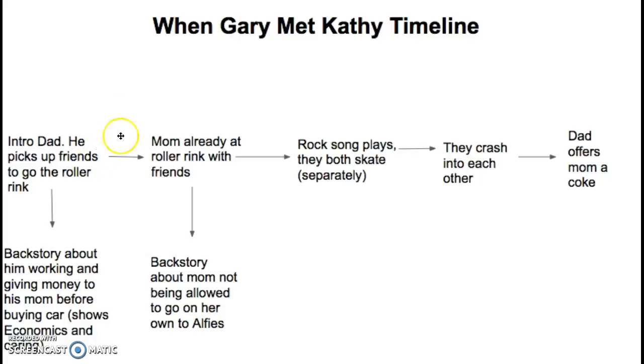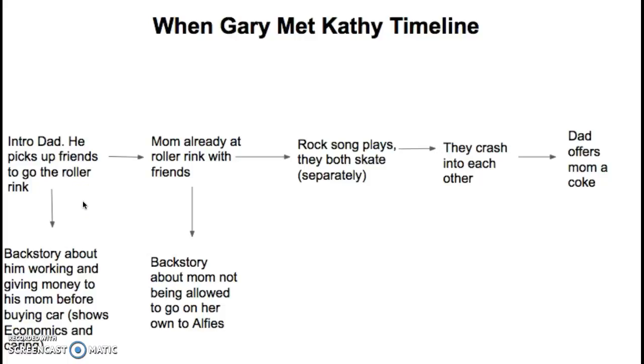For example, I'm introducing my dad as the main character. He picks up friends to go to the roller rink. You'll notice I've built this arrow down, and so I'm going to flash back. The backstory is about him working and giving money to his mom before buying the car,